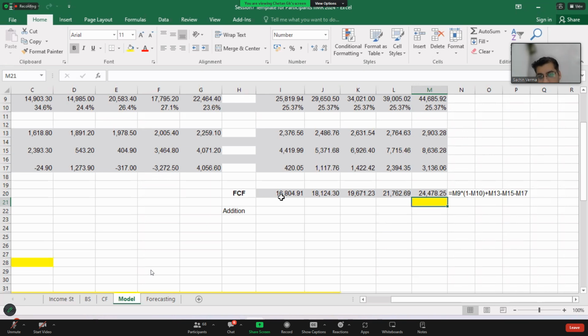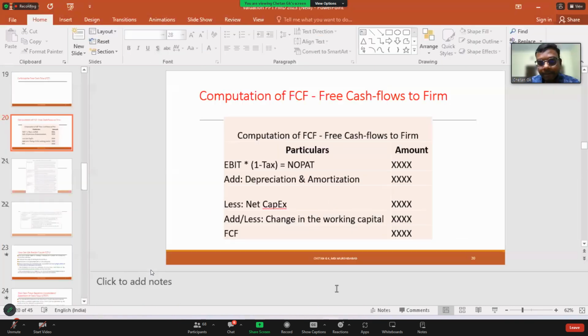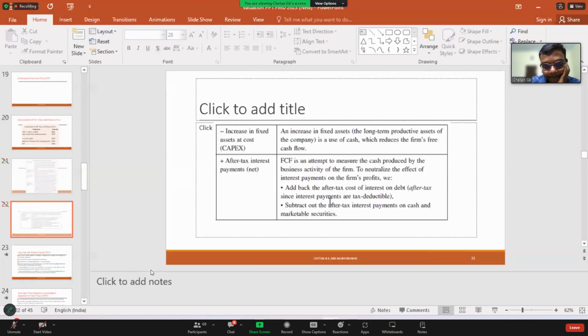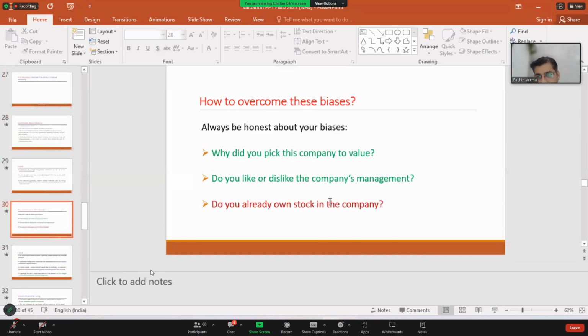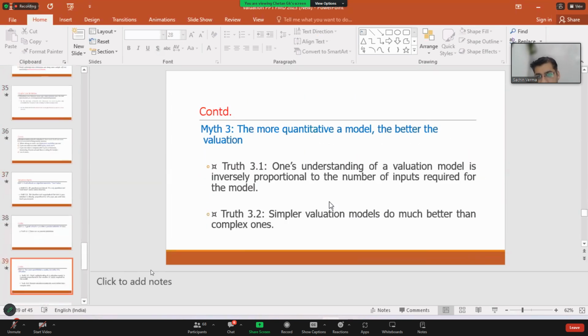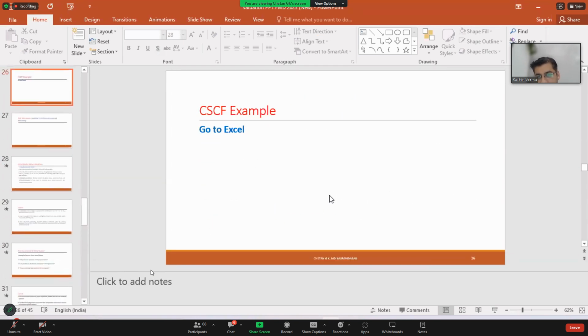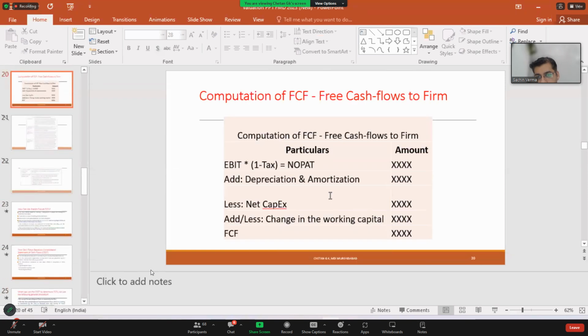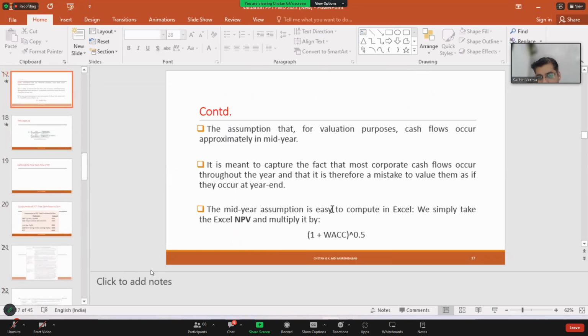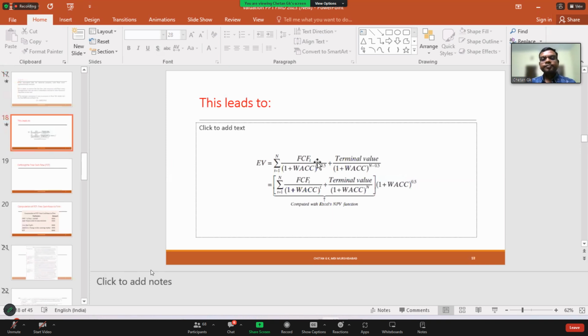Going by the limit formula, the sigma, going by this equation. What we have so far computed is T equal to 1 to 5 FCF, right?